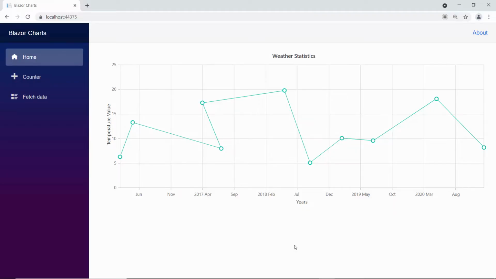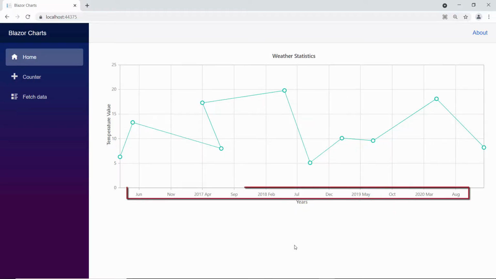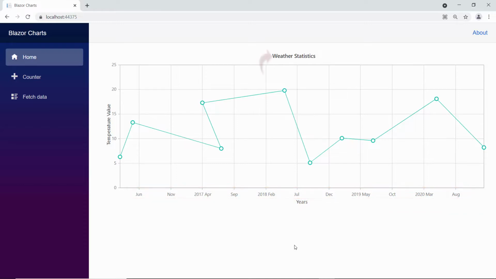So here, you can view the line series chart that displays date-time values on the x-axis, with the main title displaying weather statistics. You can see the chart displays the axis titles to enhance the chart's readability. Alright, now I will explain the datetime axis properties one by one with simple scenarios.